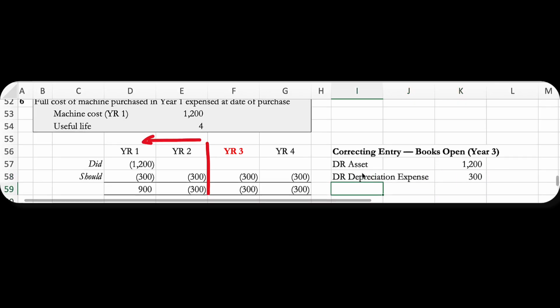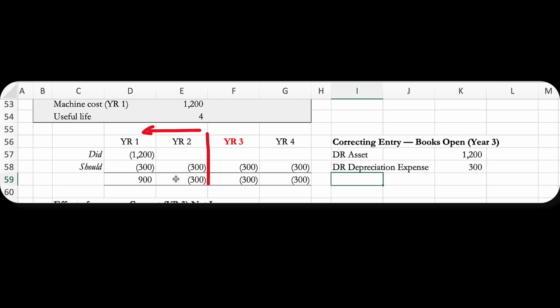Now, what is wrong with everything to the left of the line is $600 that was recognized as expense that should be added back. And so I need to credit retained earnings for $600. And then my accumulated depreciation account at the end of year 3 should have $900 in it as a result. So I also need to credit accumulated depreciation